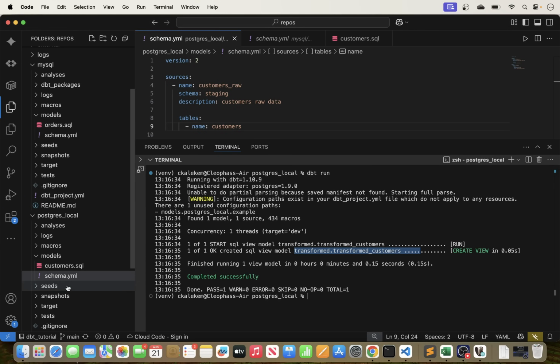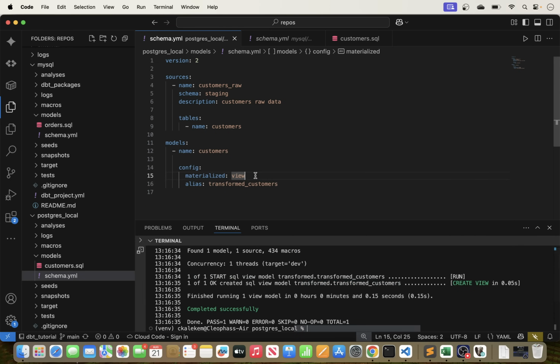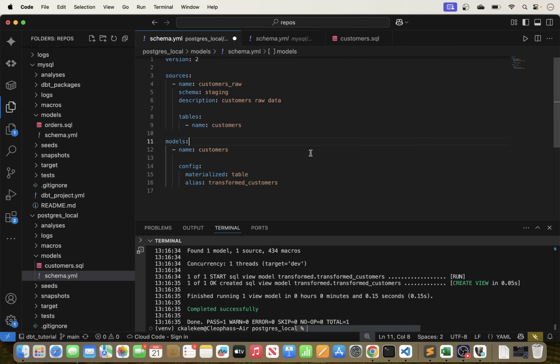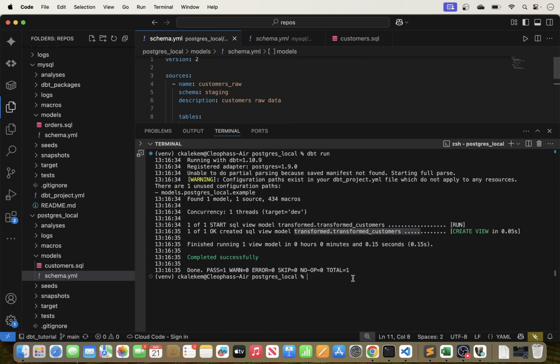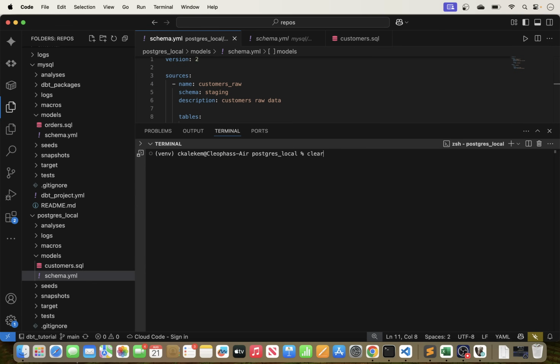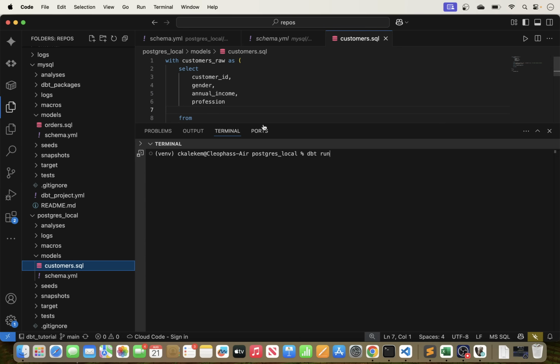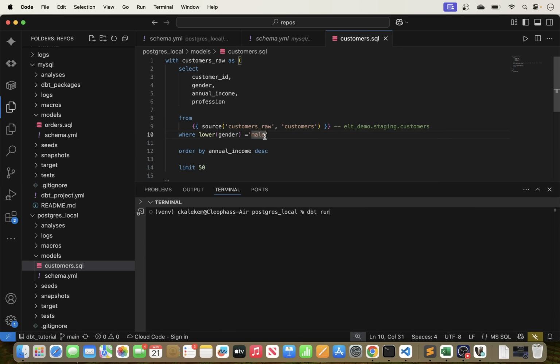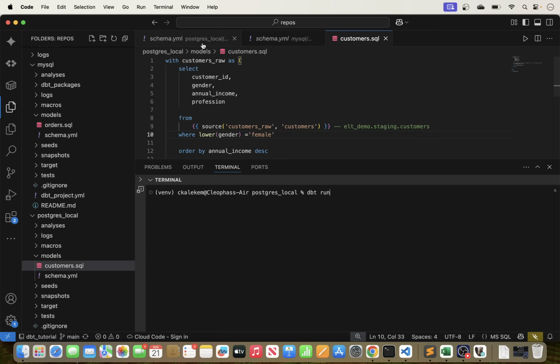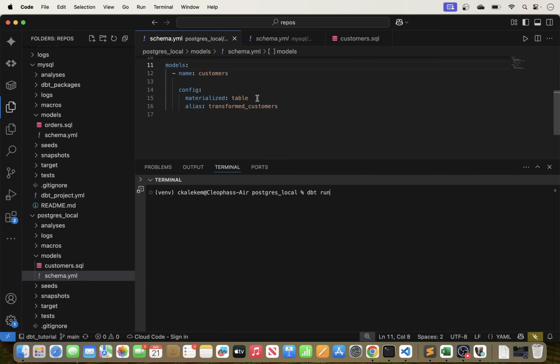If you want to change this to a view or to a table, then you can just go here and say materialize this as a table and save it. When you run it, this table is going to be created for us as well. So maybe for this case, let's change this one to female and have that one come as a table instead, right? So again, we have updated the materialization here to a table. So let's run this,